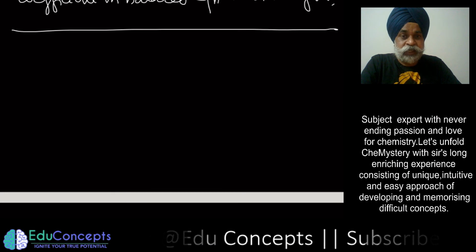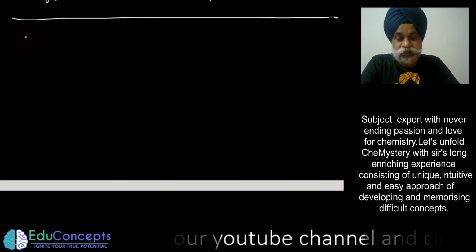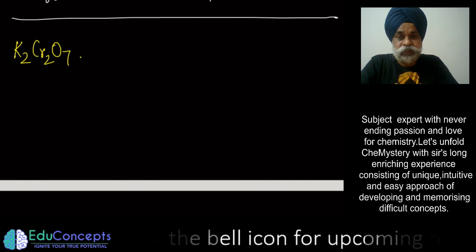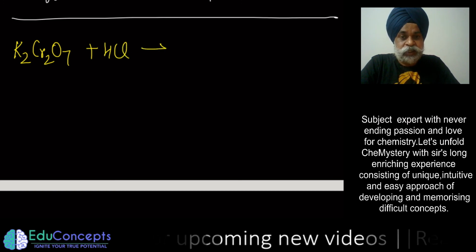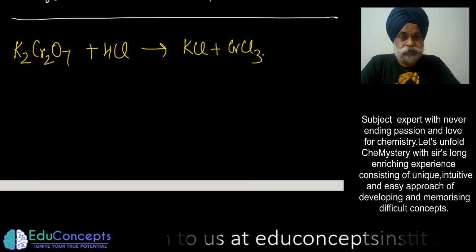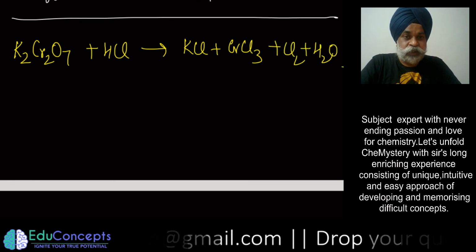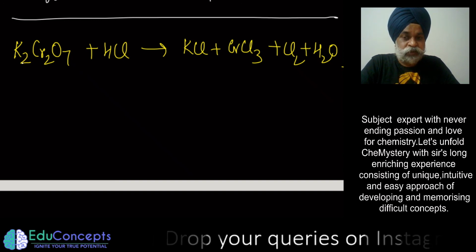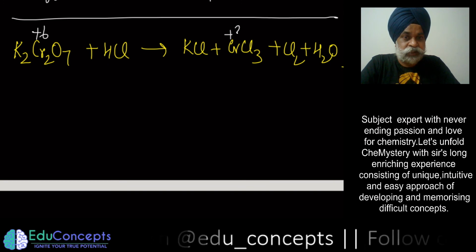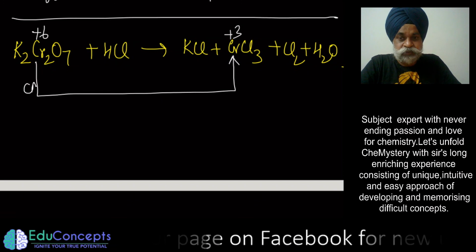Now let me bring in one more case, then we will push on to the next case, which is again very interesting. Say for example, you have this case, potassium dichromate treated with HCl, and during the course of the reaction you get this compound and water. Now these are the products which we are given, and this Cr is in +6, this is in +3. So one element underwent change in oxidation state and goes to one product,